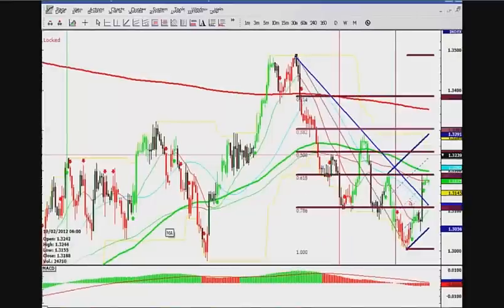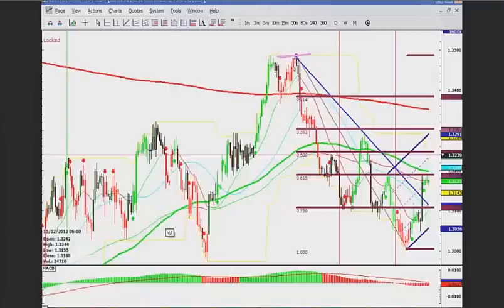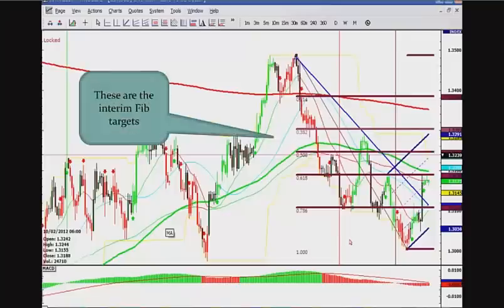All right. So the first step is to put the Fibonacci on. That's the Fibonacci ratio from the swing high to the swing low. And that gives us the 786, the 618, the 50, the 382, and the 214 fib in here. These are going to be interim targets, right? They may be the target, but they are, at the least, an interim target, and at the most, they